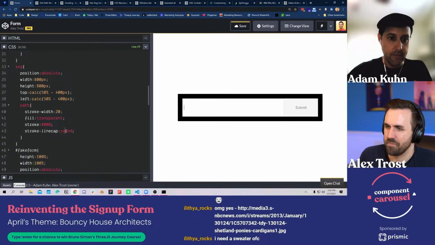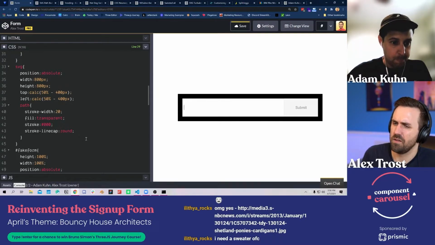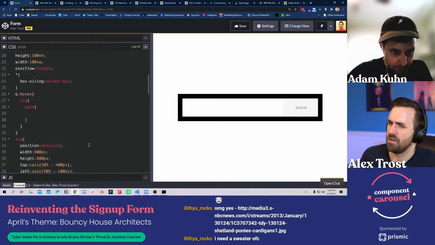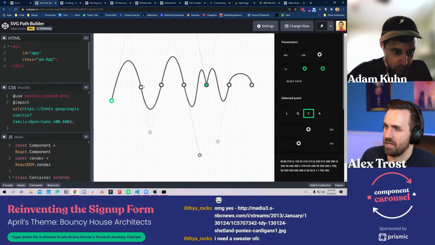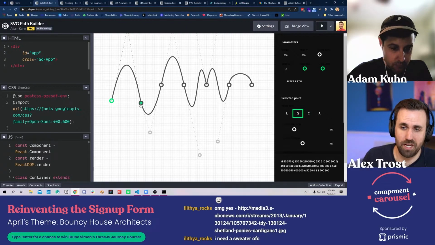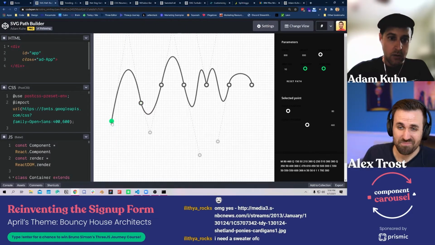So I need to modify these paths a little bit in Anthony's fun editor. Right now Adam is tweaking things inside this. Unfortunately, I don't have it set up right now for him to share screen. That's definitely more of an episode 2 type thing.